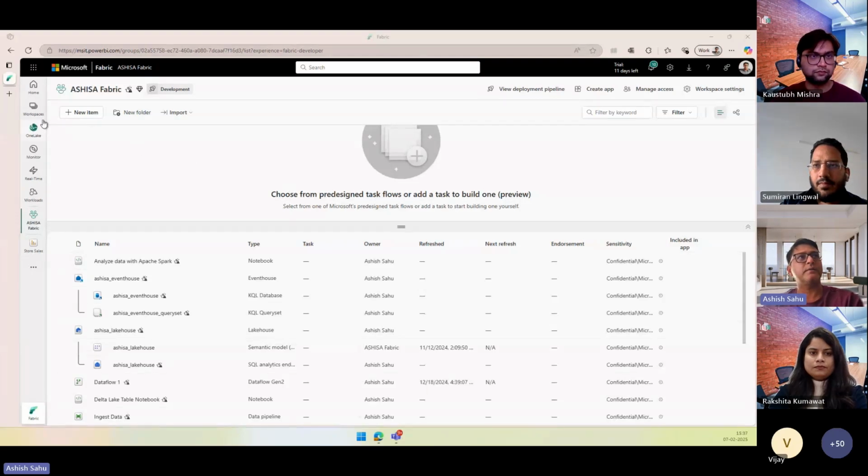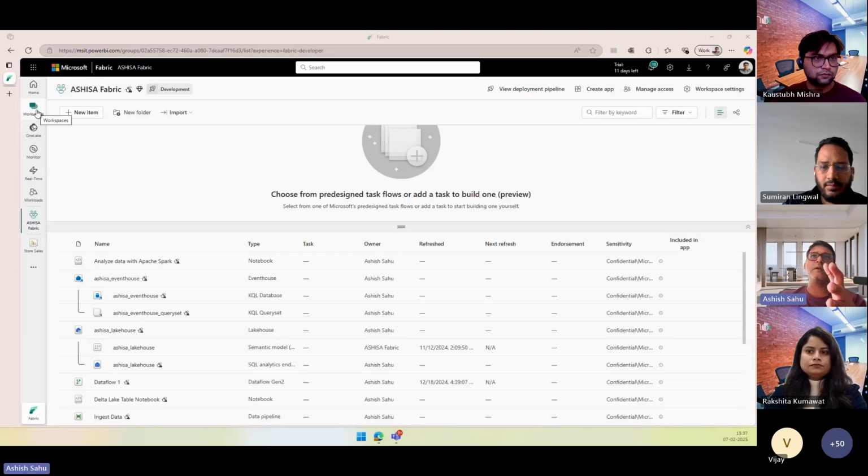If you say, right, this is my home. I can have access to multiple workspaces. Workspaces become the logical boundary for a given project or a team that is working on one set of a problem or a department, right? That's what it becomes. I'm in my own workspace right now, and in this workspace,